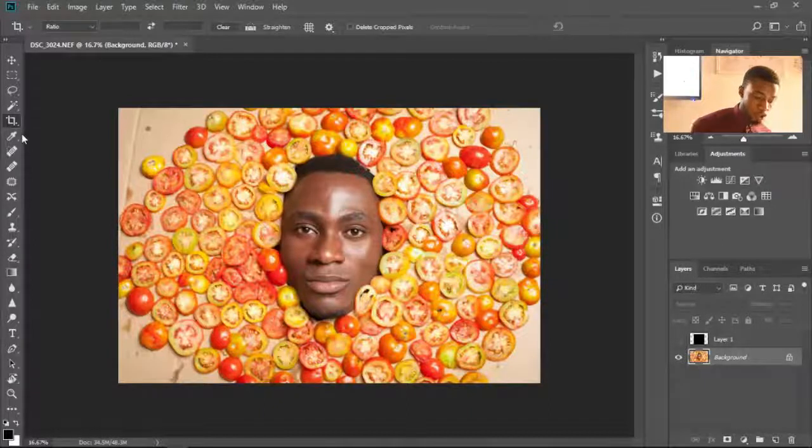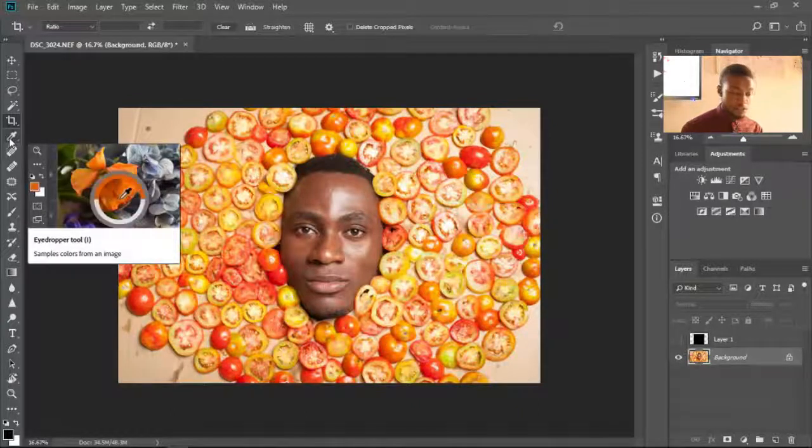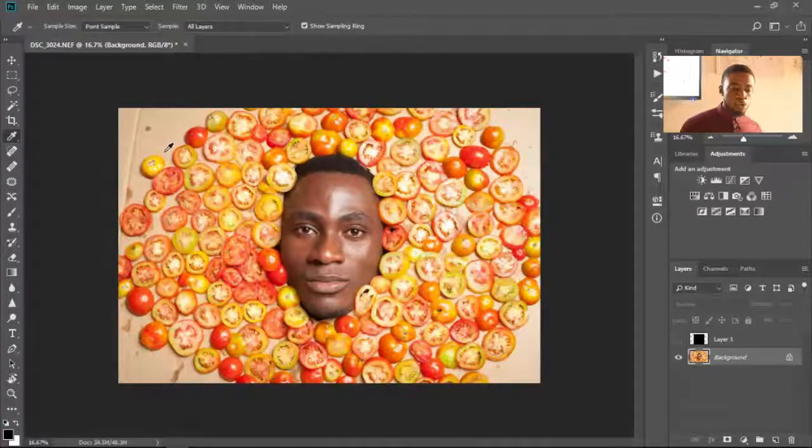So I'm using my Control plus the plus sign. Now I'm going to reduce my brush size by toggling my left bracket key, because I want to emphasize and show you the purpose of what the Healing Brush tool does. With this, when I brush through this particular place, I just want to remove the tribal mark on his face. So when I brush through that particular section of his face, Photoshop automatically replaces the tribal mark with the